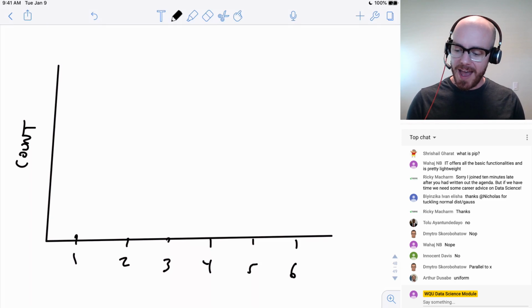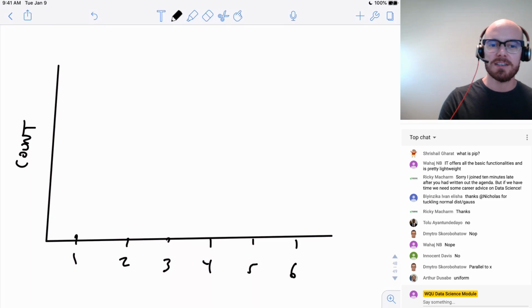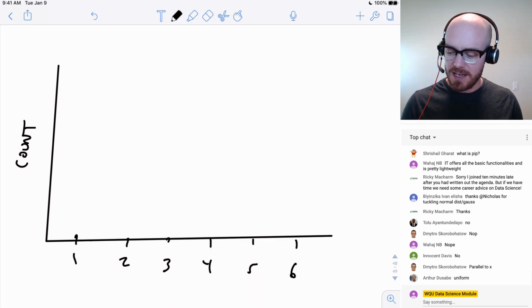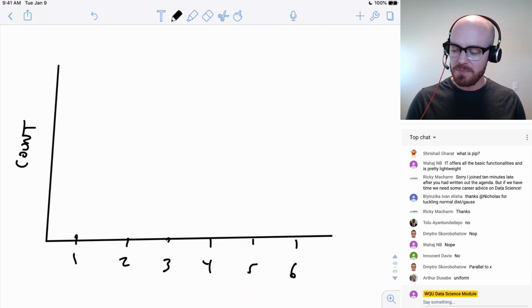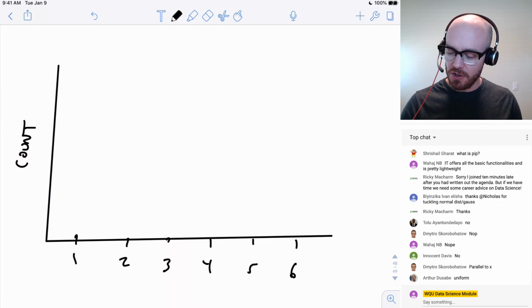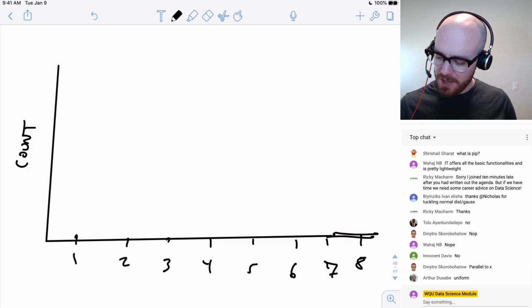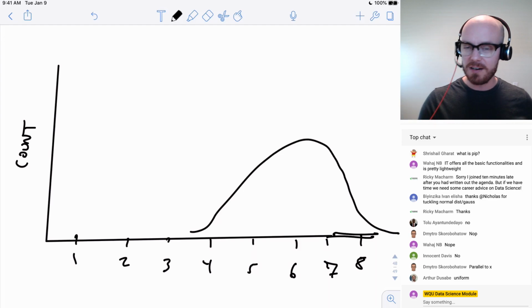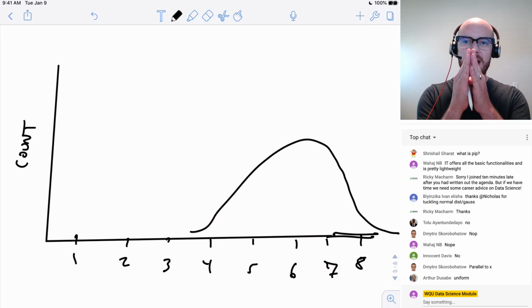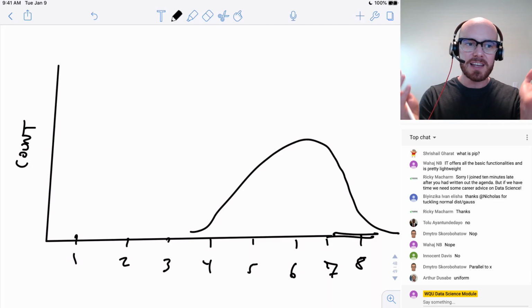So if I'm looking at not dice, but maybe adults' heights, and let's say that these are feet, apologies for people who are using the metric system, I'm probably going to get some sort of distribution that's going to look like this, where it's going to center around, I don't know, 5 feet 7 inches, something like that.